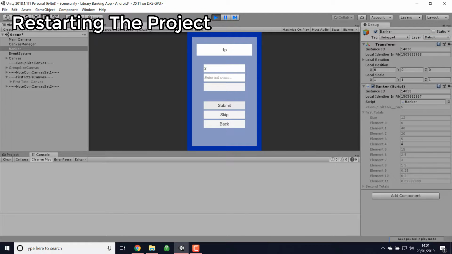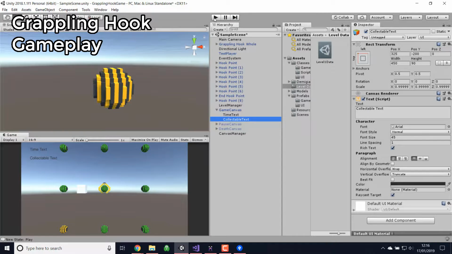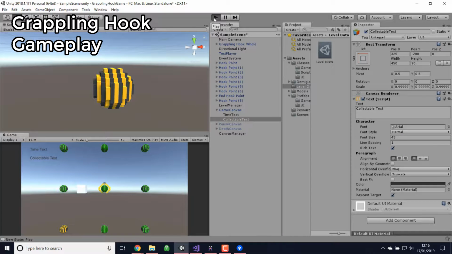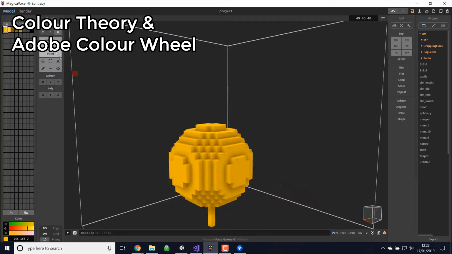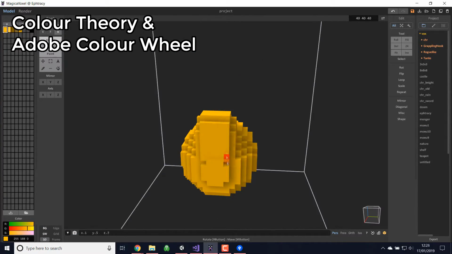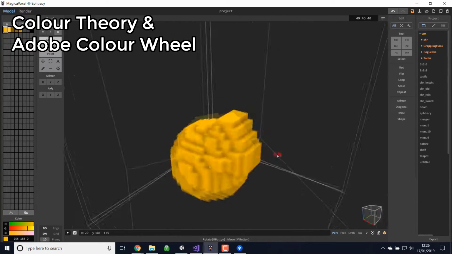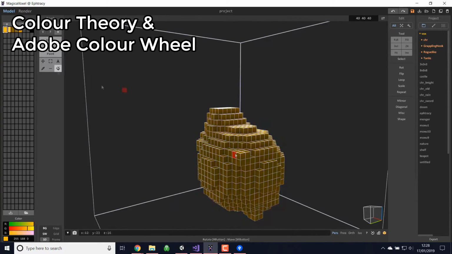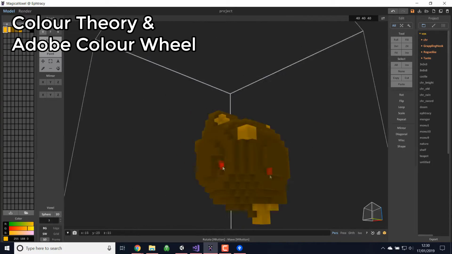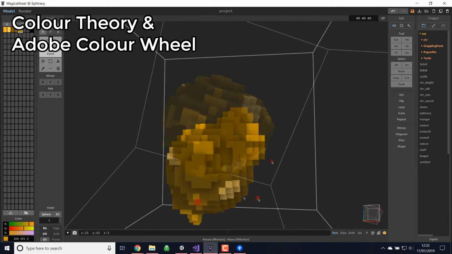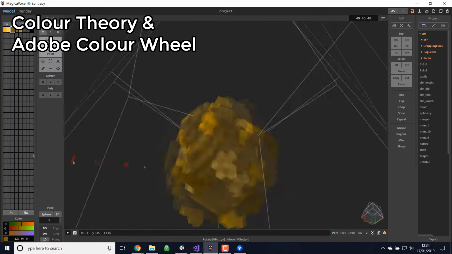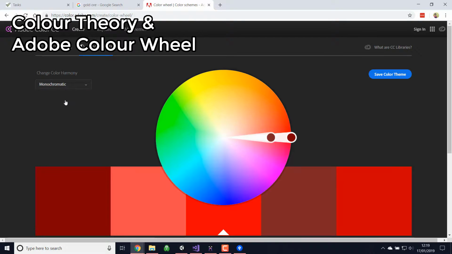I've also been working on my game, so it's a grappling hook based game. It's more of a puzzle sort of game, and that partly links to me trying to learn other things. So with the colour theory, which I actually did a blog post on, which I'll put down below, when I was making the model for the gold ore, which acts as the collectible in the game, I was thinking about the colour theory of it and actually trying to make it look nicer than I probably would do by just randomly picking colours. And I also used the Adobe colour wheel that you can find online, and I'll put a link down to,